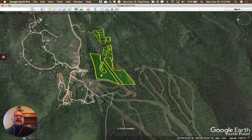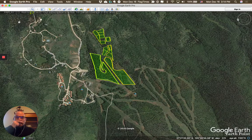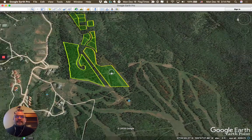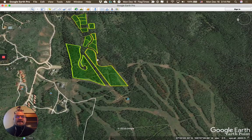Every single lot, in fact, even the other lots that I just got done talking about, every lot has seller financing available with fairly low down payments, down as low as 10% on some of them. And we finance them. There's no qualifying. I mean, you could just have a little cabin, larger lots, I'd build something bigger. But